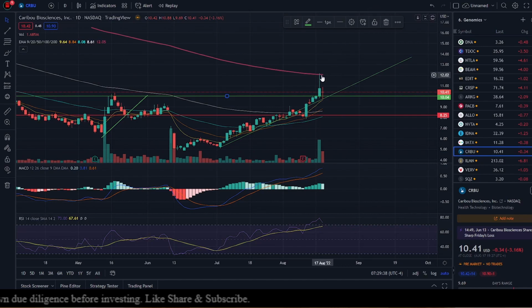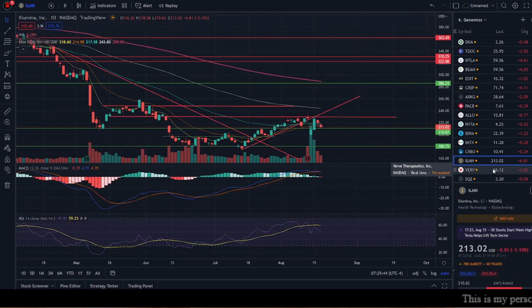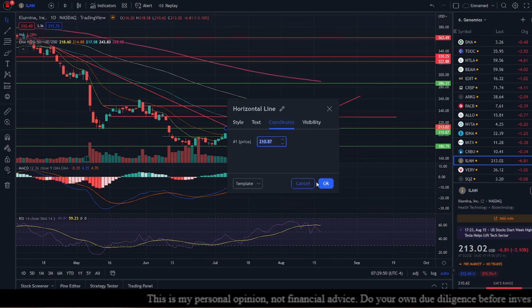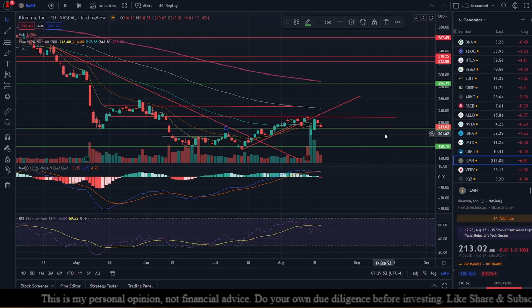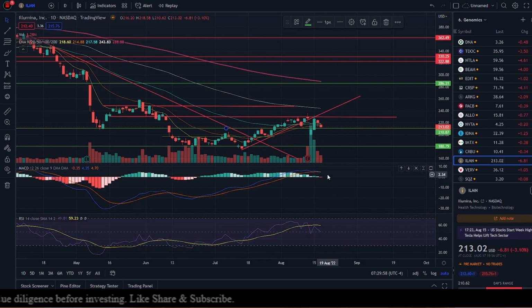Our ultimate target is to break through this 200-day exponential moving average. Illumina is down minus 3.10% as of yesterday, and pre-market there are no trades. It is poised slightly above 210.87, which is the first line of support for us. And today we are still above average on the momentum, so I'm holding out hope that we are going to